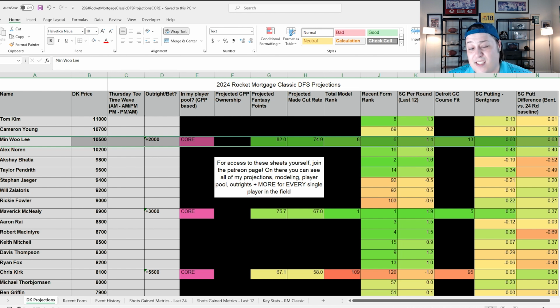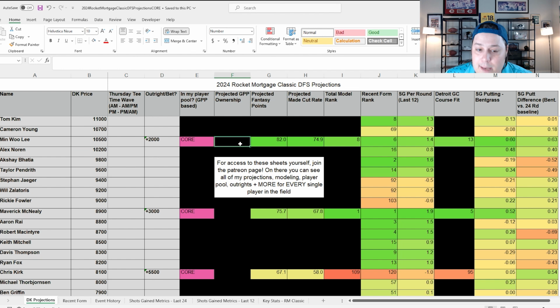Those are the type of events that he became known for, and over in the PGA Tour, it's been much more consistent. So I'm kind of waiting for that breakout from Minwoo. We know the kind of talent that he has, and when he has his best style of golf, he's capable of winning a Players Championship, a major championship, I think, out there in his career, let alone a tournament like